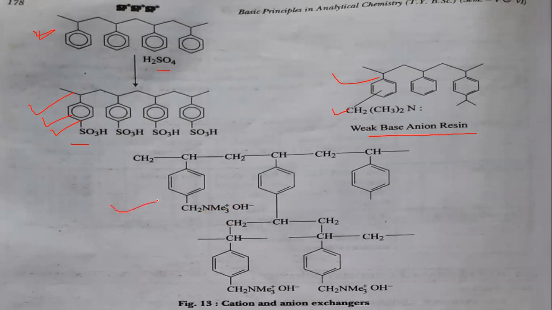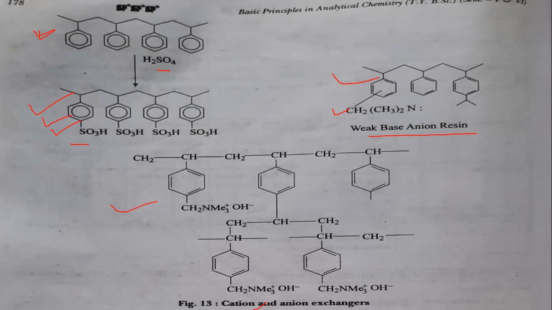This is just for the cation and anion exchangers. This is just for your information, to show how the structures are, and this is just a small part of a big molecule that we can see on our screen. Such big molecules are there in the column which we are using for the separation of the ions.